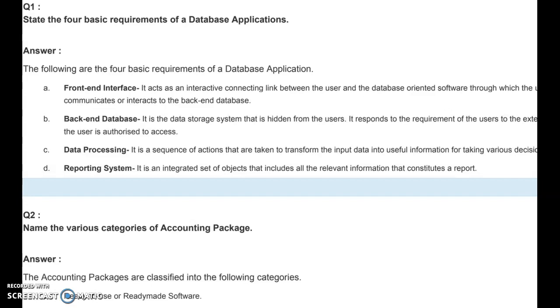It is an integrated set of objects that includes all the relevant information that constitutes a report. We all know that there are a number of users of the information. So output is generated in terms of various reports, various systems as per the requirement of the various users. So in order to install the database management system, a database application is to be installed that includes the four basic requirements. First, it is the front-end interface, then it is the back-end database, then it is the data processing, and then